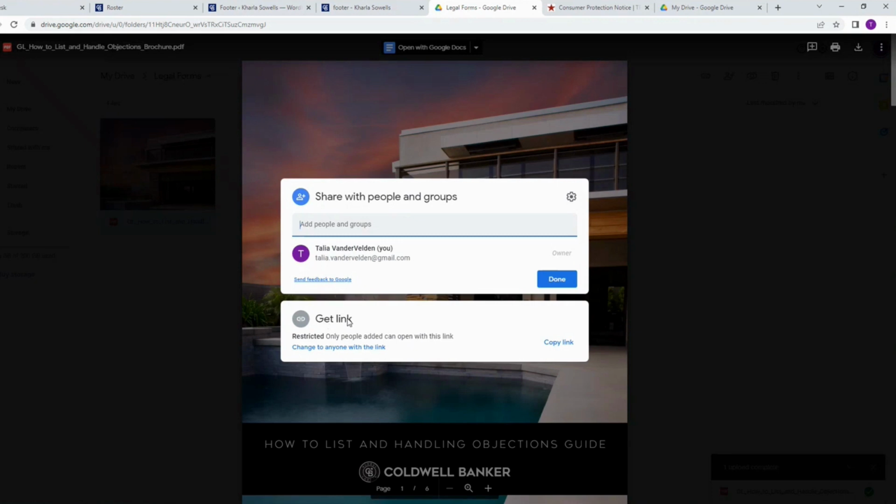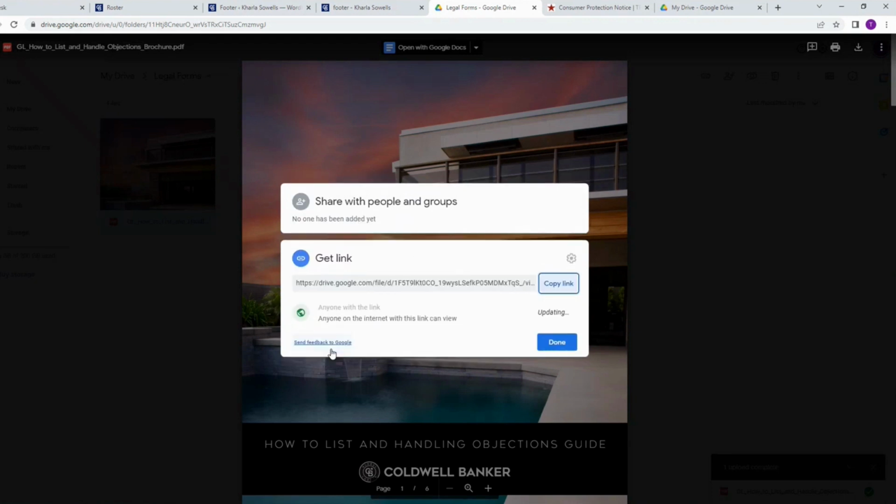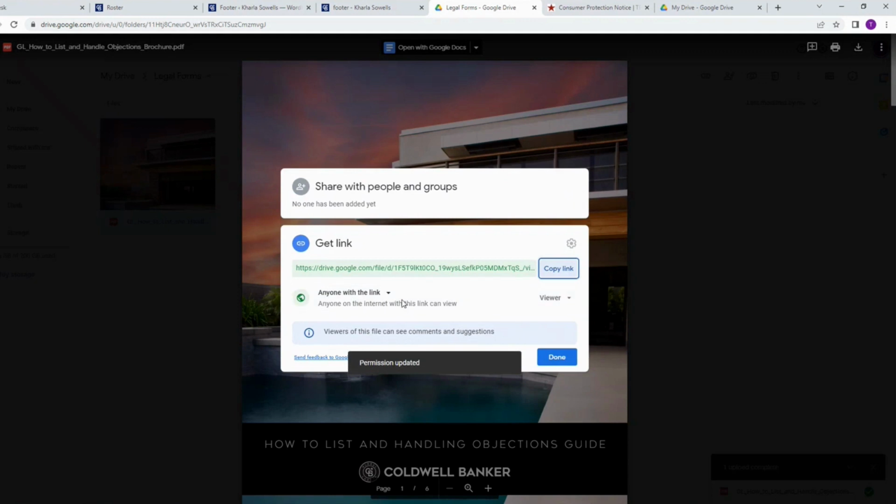Here at the bottom where it says Get Link, we want to change it to anyone with the link. So I click this button, and now it says anyone with the link on the internet can view. This is a very important step so that people are able to easily access your IABS form. Now I simply hit Copy Link,